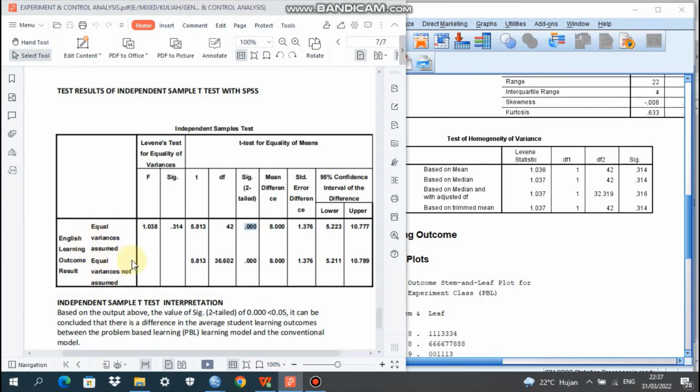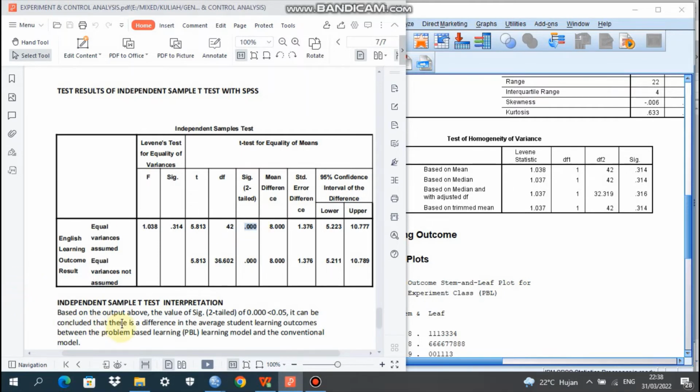We choose equal variance assumed because the data distribution is homogeneous.